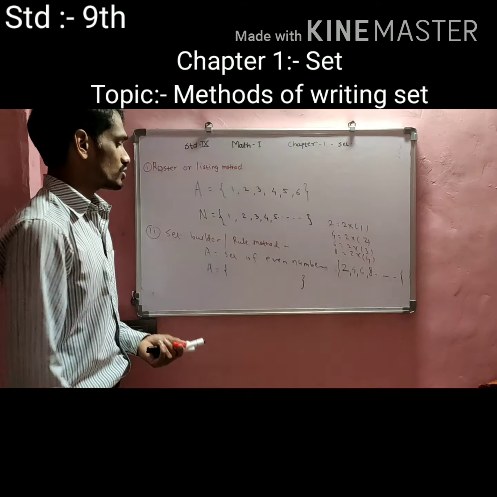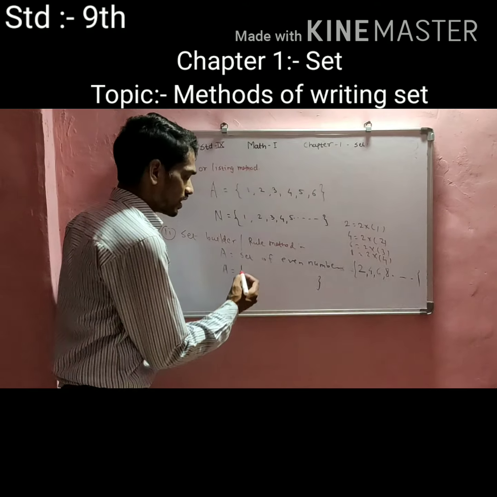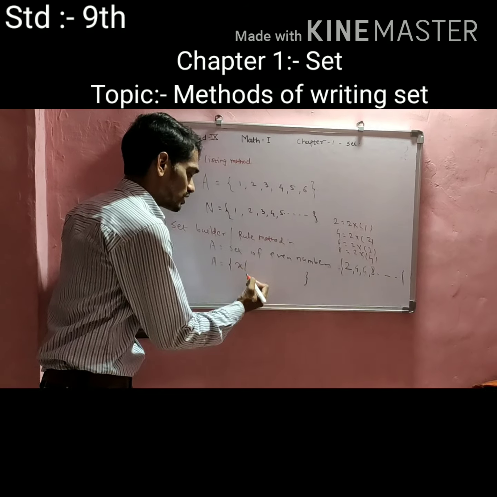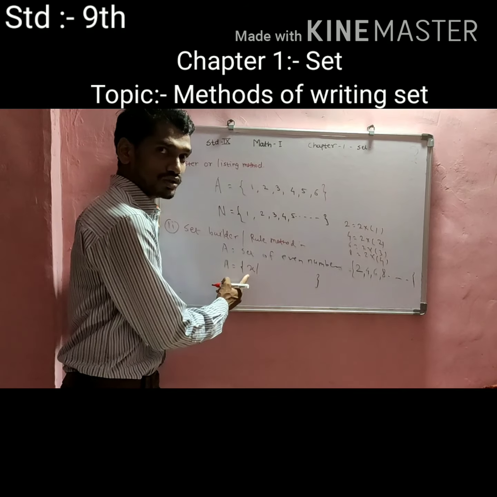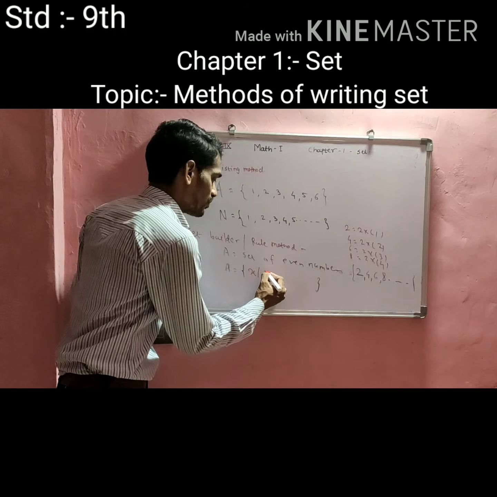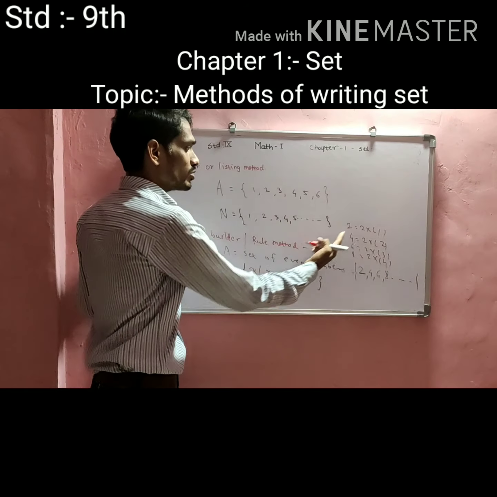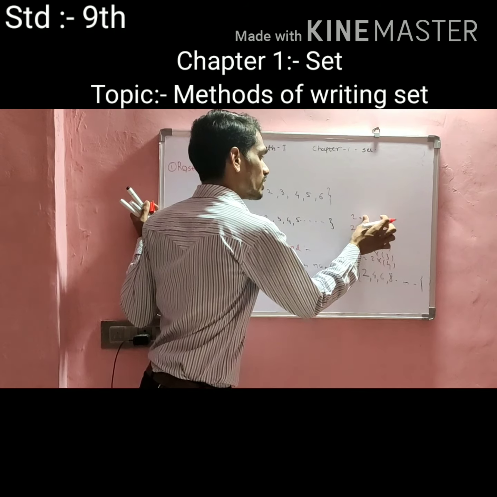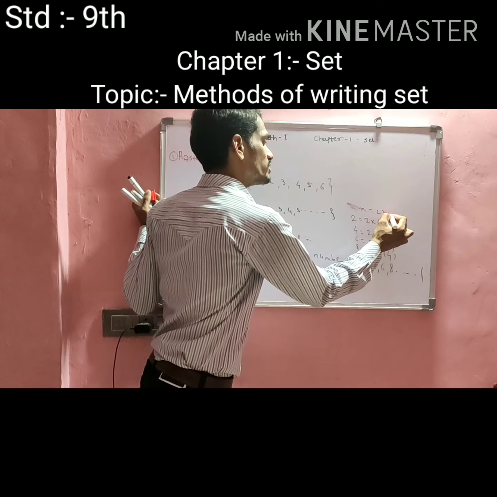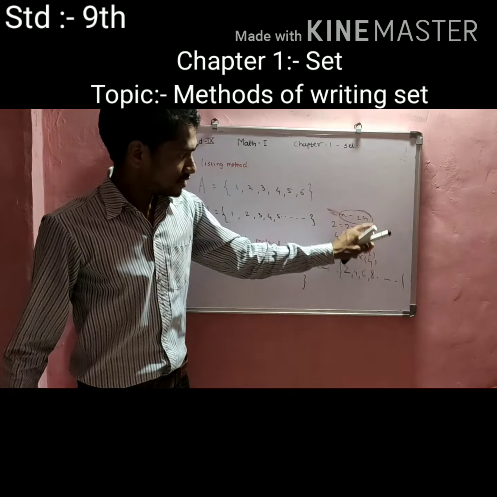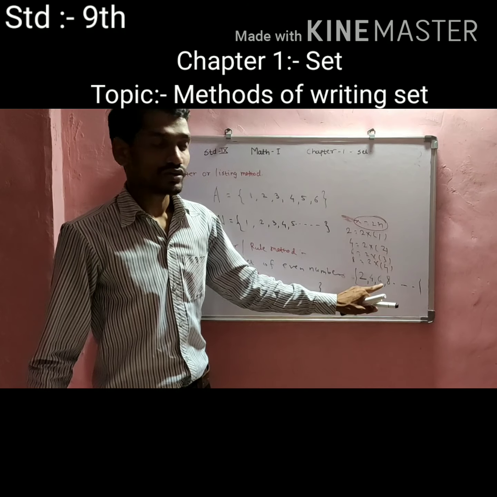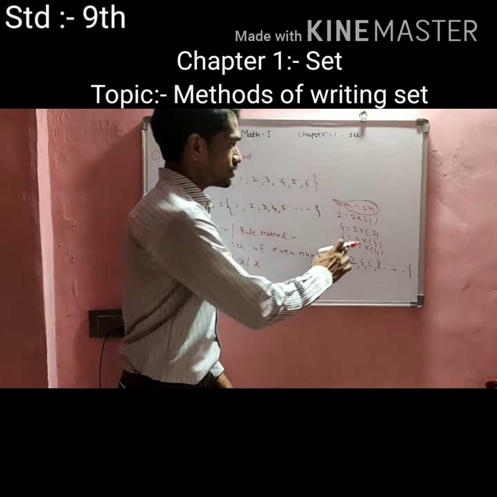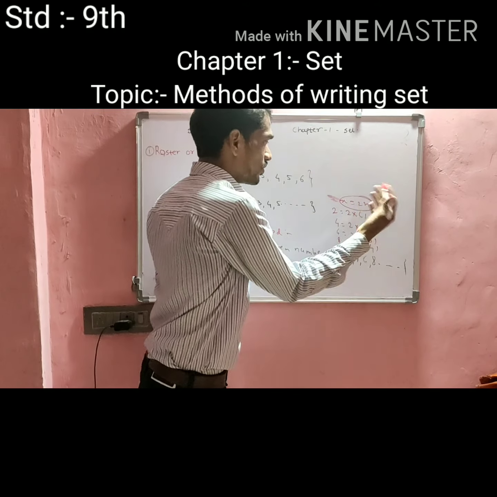Okay, students. So in this set builder method, we are always writing this set of all x. How to write this set? A is equal to set of all x such that x is of the pattern what? X is equal to what? 2 times n. Is it a pattern? Will you get this pattern? Yes or no? So this is a multiple of 2.